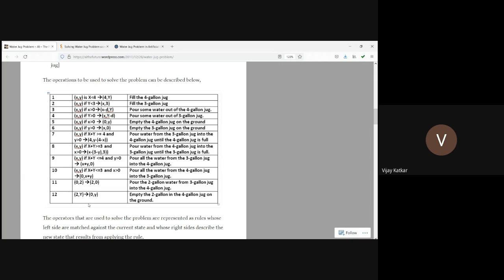And next, if jug Y contains 2 liter water, transfer it to jug X, and so on.